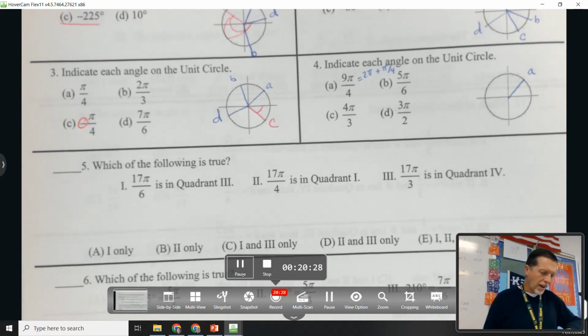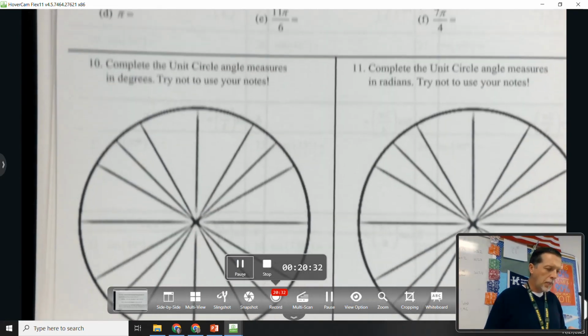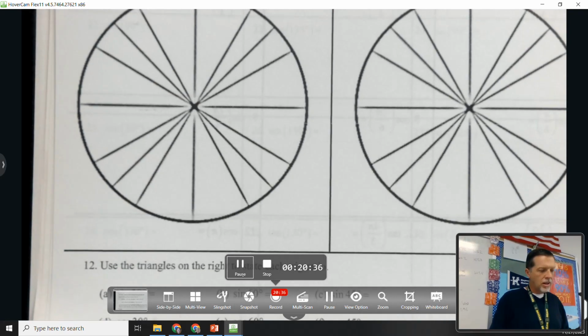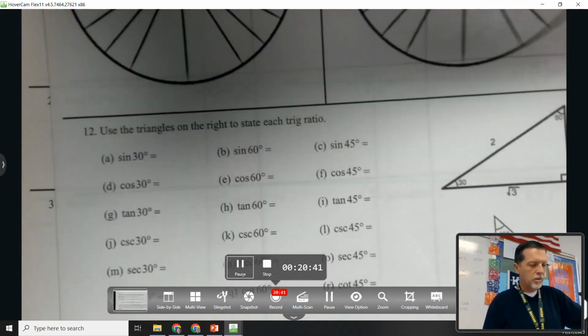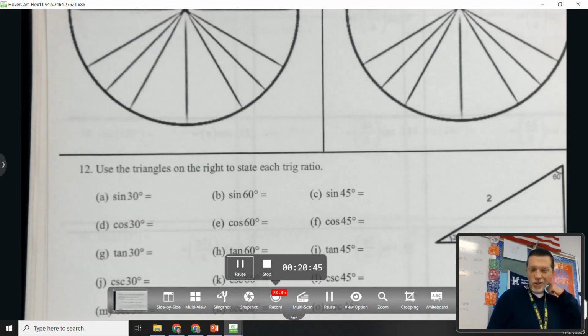Okay, I think the rest is fairly straightforward. You can do some conversions, you can draw the picture, however you want to do it. Make sure you get to number 12, because that's the lead-in for tomorrow. And again, I don't think today's too hard. I hate to say that, but